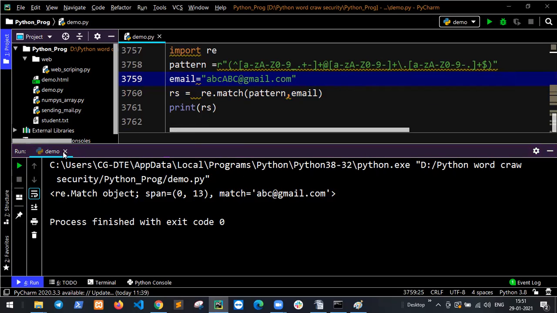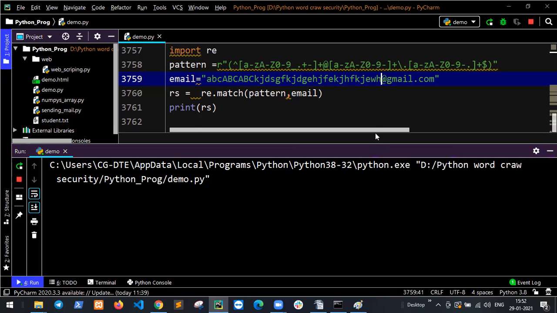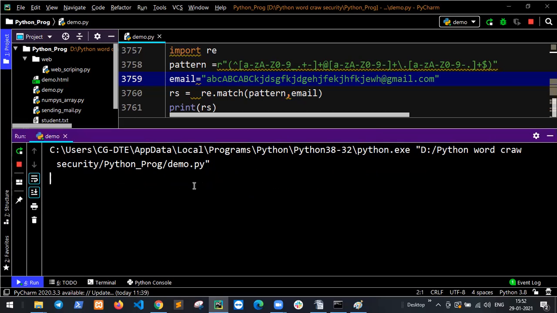But if I say ABC and ABC, okay, got it. Run this code. The match is ABC, again ABC, for any kind of information. If you define any kind of data, you create this code and run it.